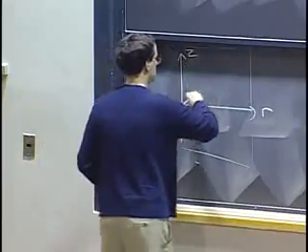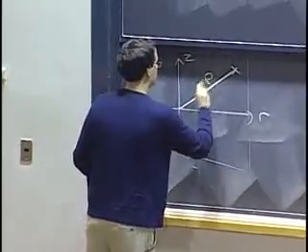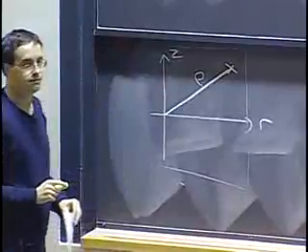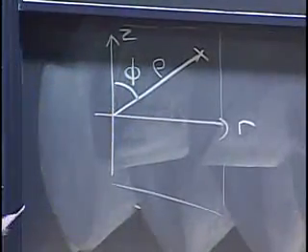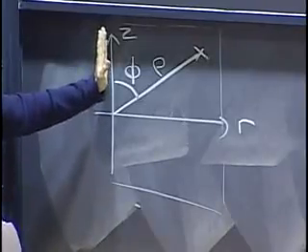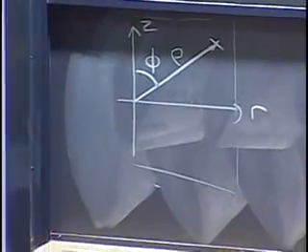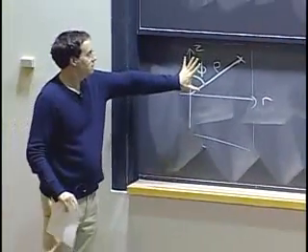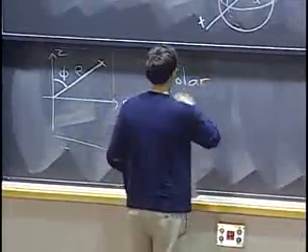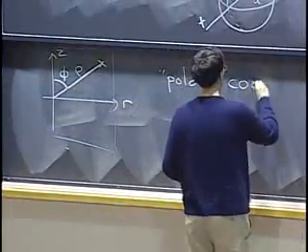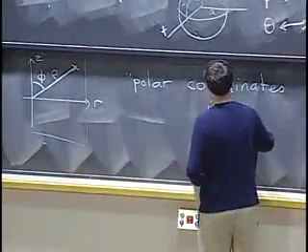Okay, so if I have a point in here, then rho will be the distance from the origin, and phi will be the angle, except it's measured from the positive z-axis, not from the horizontal axis. But the idea in here is, well, I'm going to put that between quotes because I'm not sure how correct that is, but in a way, you can think of this as polar coordinates in the rz plane.